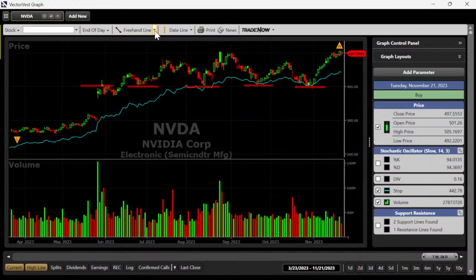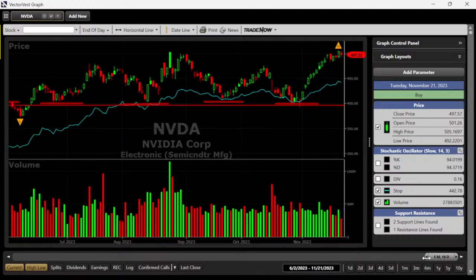Boy, would I love for it to come all the way back to $400, right? So look at all of the buying opportunities, guys, that you had with NVIDIA off of that $400 zone during the last 5 months. 5 months where the stock price didn't really go much of anywhere, although last recent rally has pulled it a little bit higher. But during this time period, the stock price didn't go anywhere. But you had these price retracements back to these zones, or this $400 support zone, where you had time and time again opportunities for short-term gains.